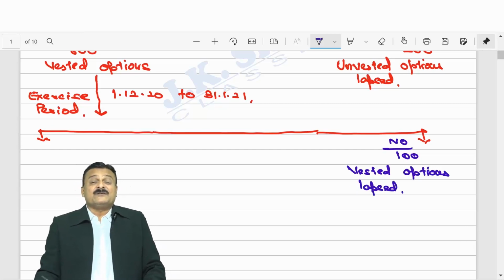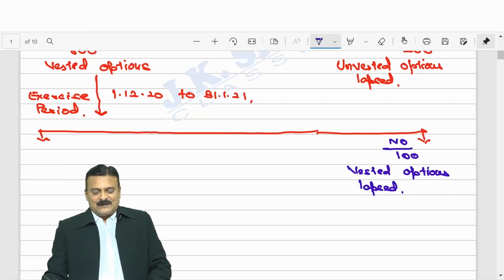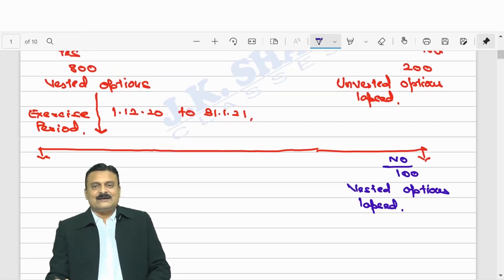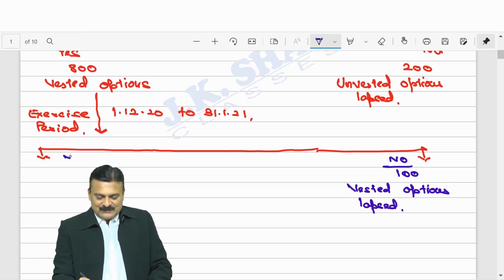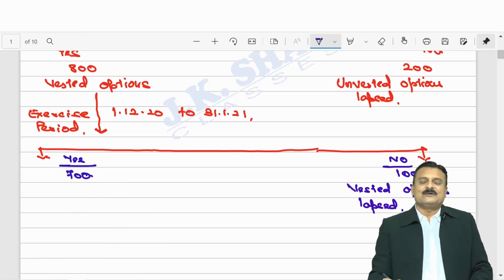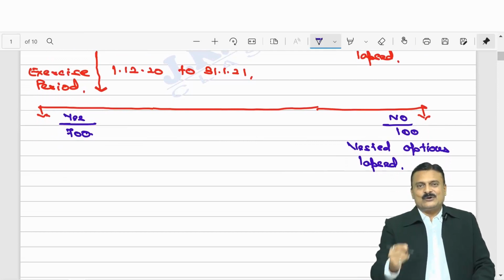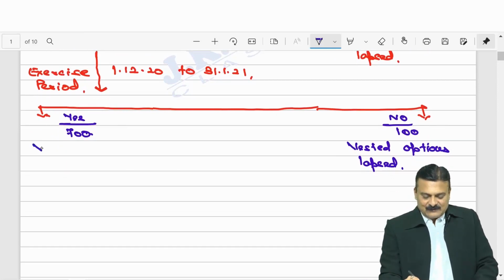Previous one was unvested options lapse. This is vested options lapse. That means out of 800, 100 said no. That means the other 700 said yes. Okay, we are ready to pay, and this is our money, we are paying you. So those people who paid money to your company, this 700 is called as